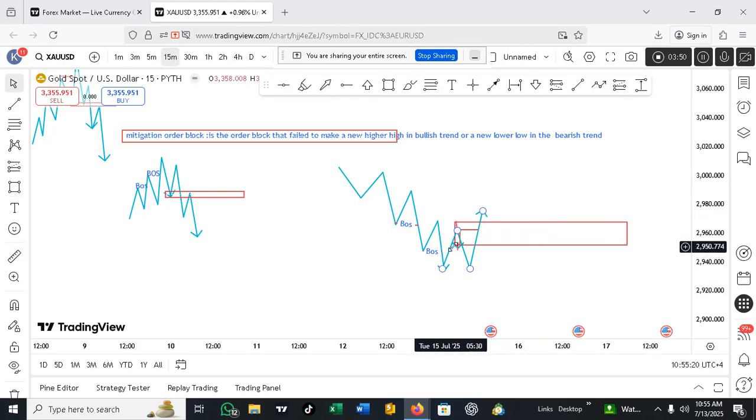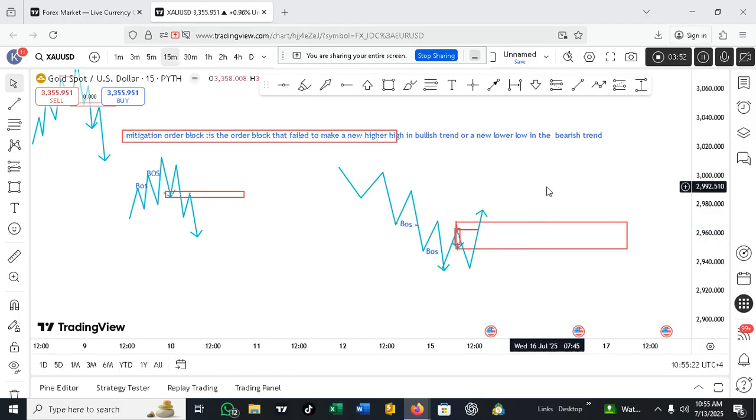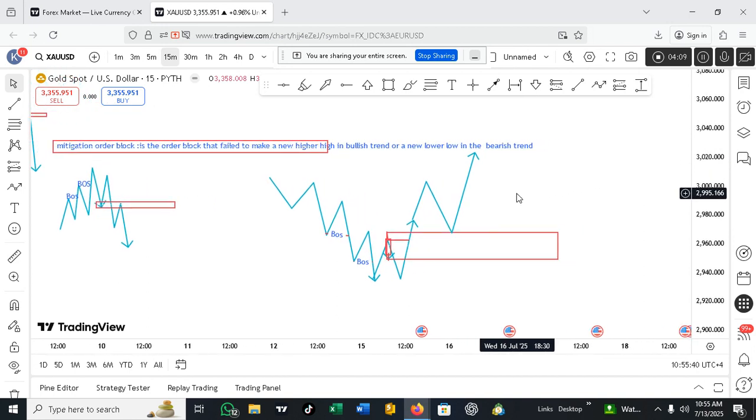Then we will expect the market to come and mitigate this mitigation order block to continue upwards. Like this. So guys, these are the order blocks that I usually use in the market, most especially using